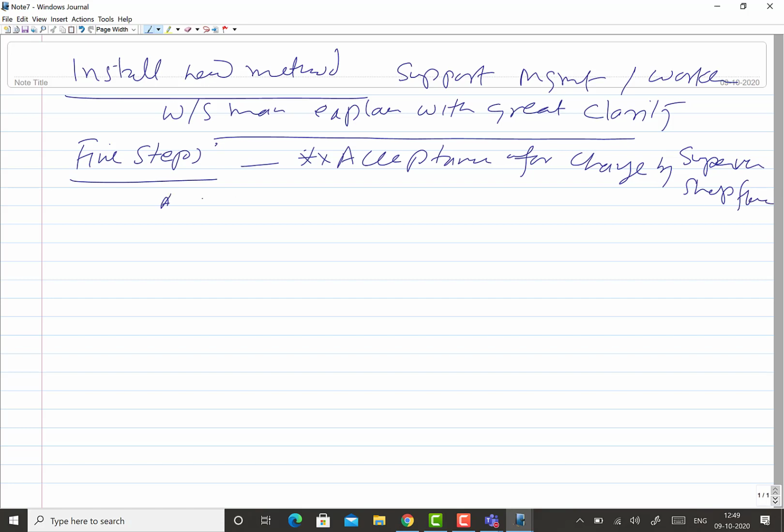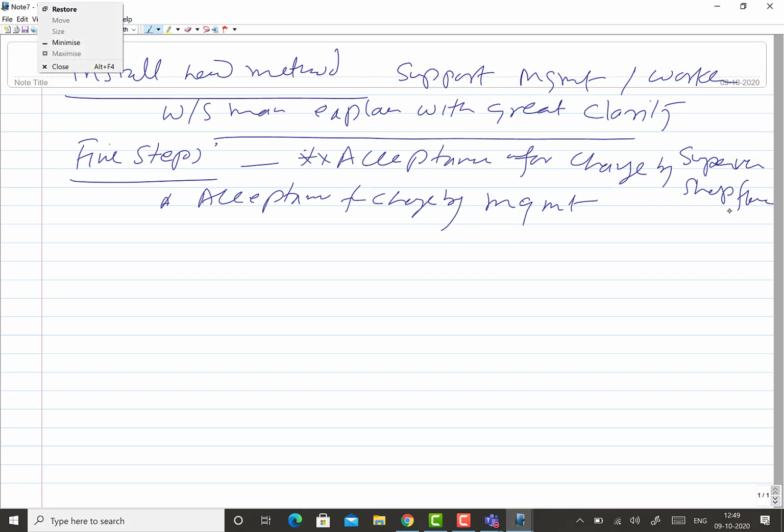Then acceptance for change by the management. We need to bring these two in any case, the supervisors, shop floor people and the management people, on board to implement the things.